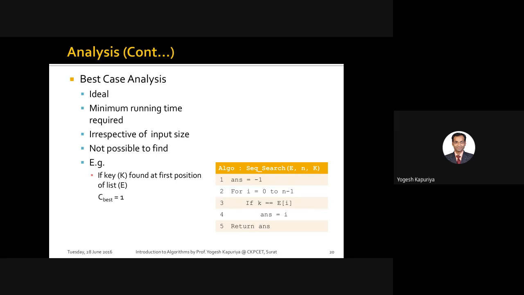First case is the best case. Best case means an ideal case. Now, if you see this algorithm, it's a sequential search.